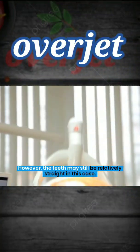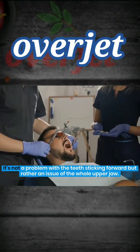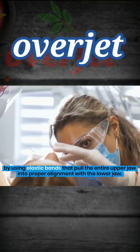In addition to causing problems like being self-conscious about your appearance, overjets also often result in a lot of other significant problems for patients. Since the teeth aren't pointed down at the right